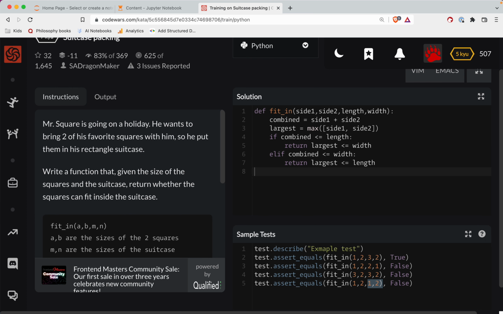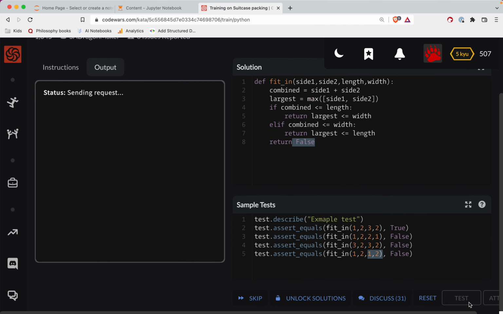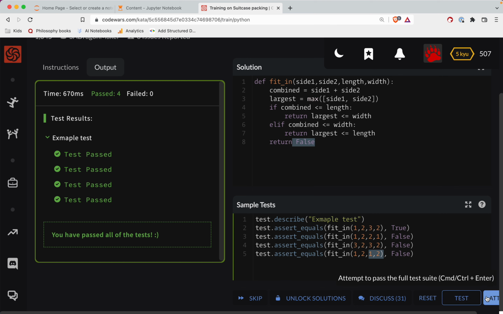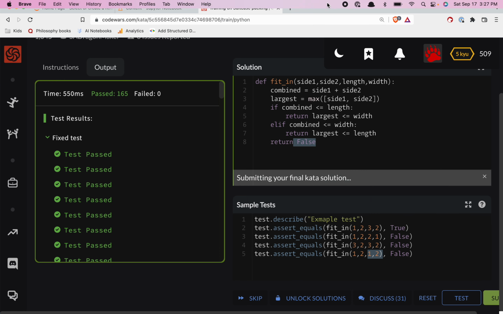So if we fail out of that, then we just return false, because the combined is not less than that. We've got to always return something here, so we've got a third case. So let's test this out. All right, these are passing. I'm sure there's ways to make this better. So let's submit this, and can always just